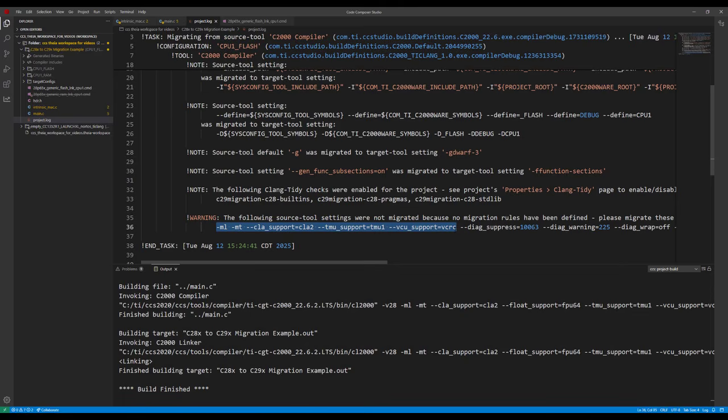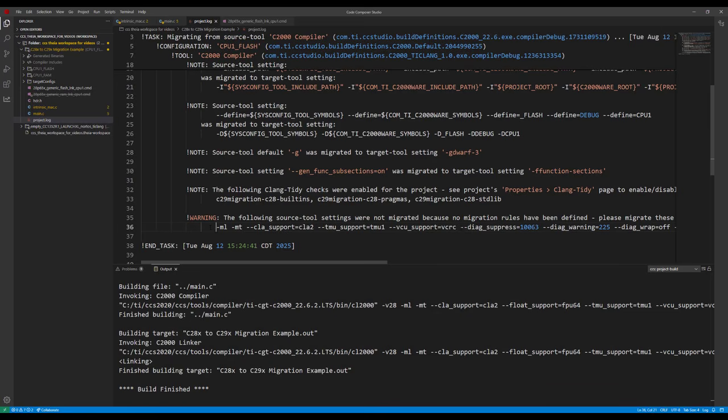Okay, and this is telling you that they weren't automatically migrated because it doesn't really make sense. These are variations of a C28X CPU. When you go to a C29X CPU, you need to conceptually do the same thing. You need to specify precisely which variant of the C29X CPU is being used. But the best way to do that is to get it from an example project in the SDK. And the way that works is you indicate I'm using precisely this number of the device, and that gets mapped to options such as these.